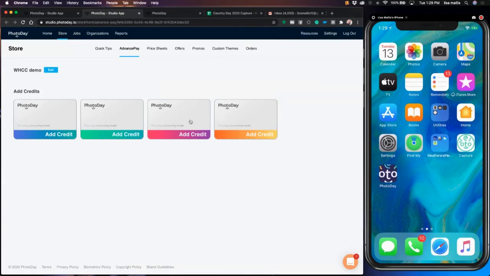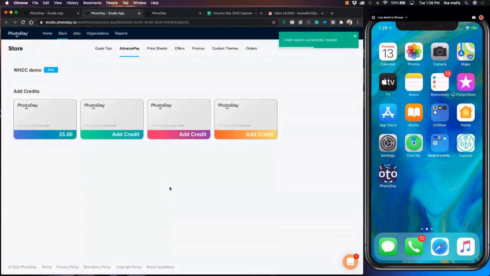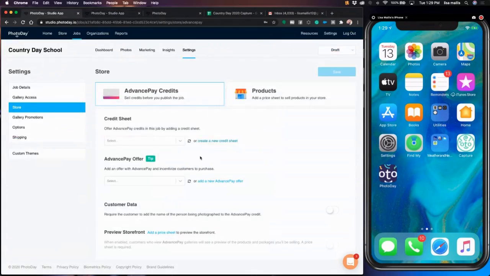For the purpose of replacing the prepay method, I like simplicity. So I'm just going to go in with a $25 credit. You can make a note here, say if you're using this for a dance school and you want people to purchase a certain amount per, and you can put a unique amount in here. If you want $10, you can purchase one $10 credit per costume if you wanted to, but for sake of replacing prepay in an elementary school setting, I'm going to set it up for 25 bucks. Now, when I go back over here, I can just refresh my list